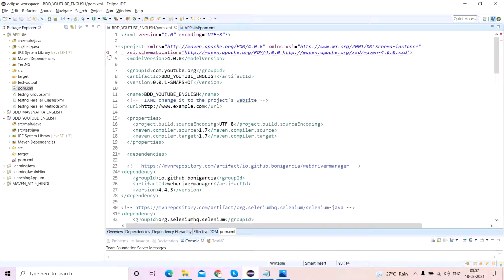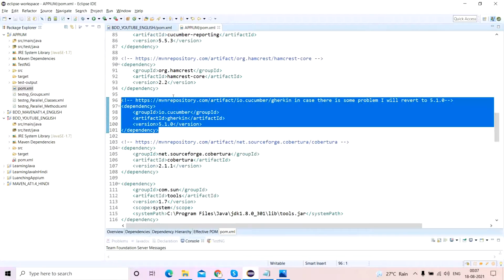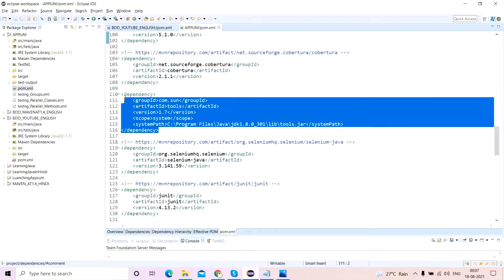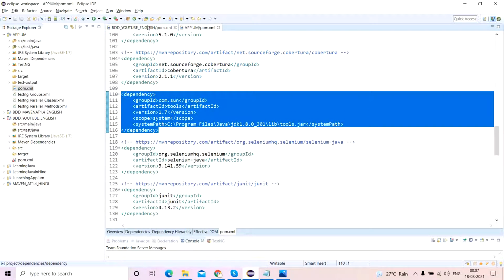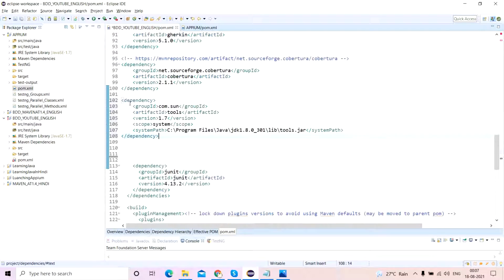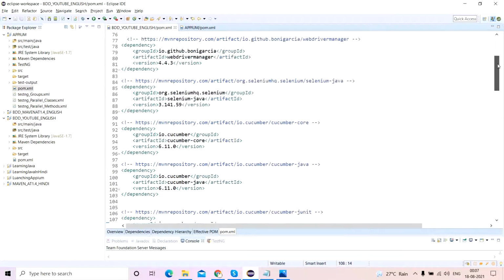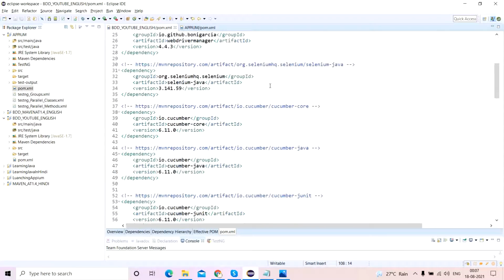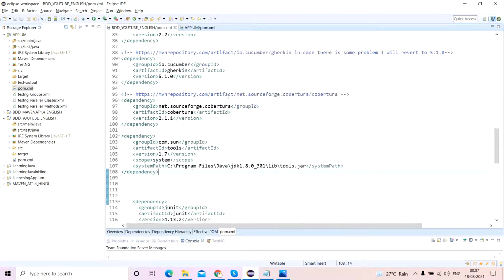Now this was for the tools, right? And I did add the tools from my previous project, this part. I copied this and I pasted it here. So far good, no problem. Now the error is gone. What else is left for me to do?